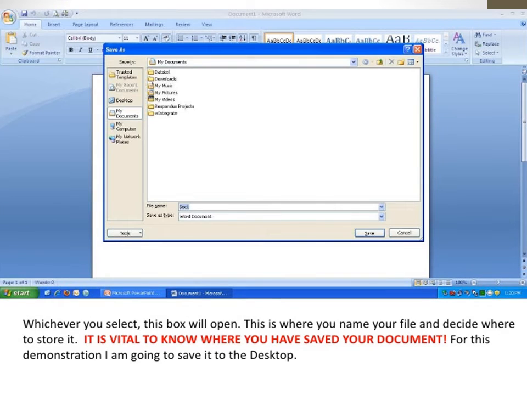When you click on save as, then this window will appear where you have to write the name of your document, and on the left side you can choose the save in location, where you want to save the document, in which place, in which location.